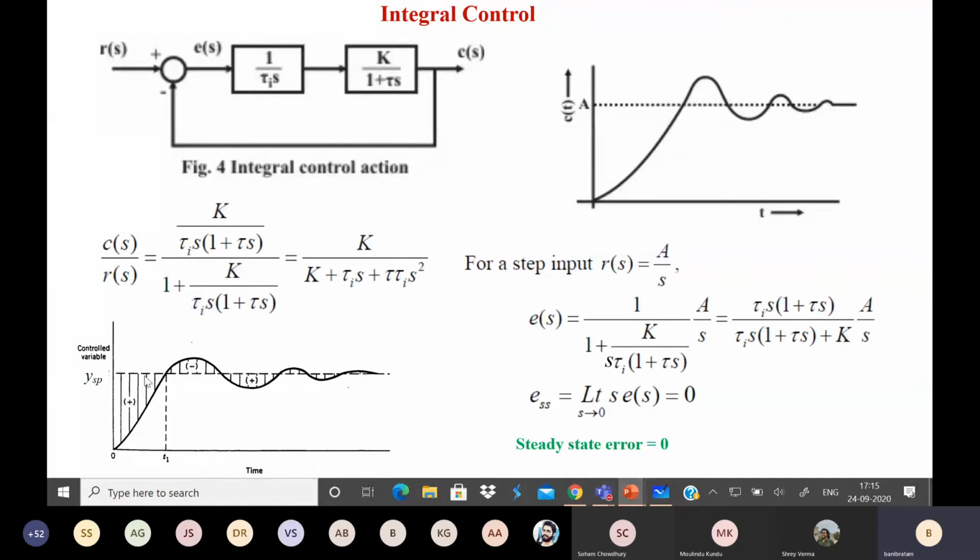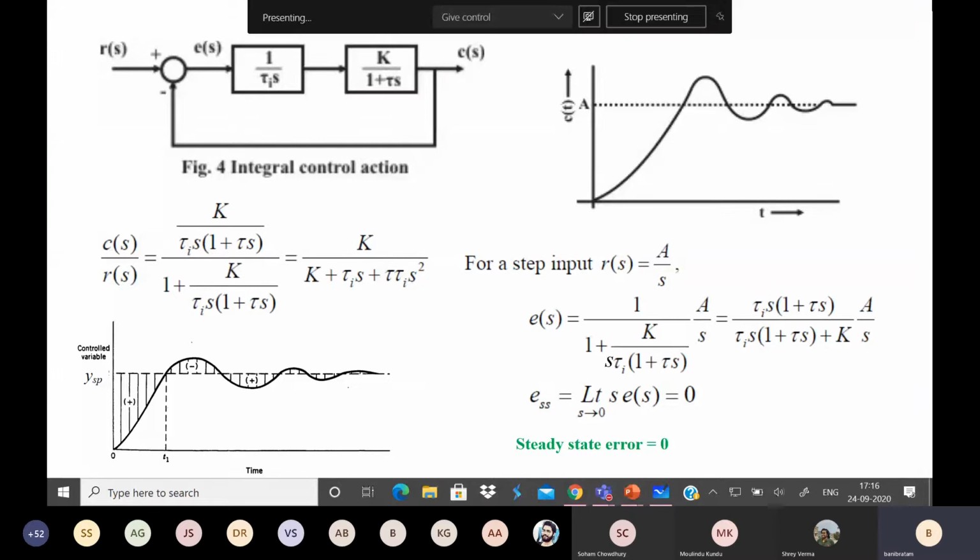Now, when it goes beyond this value, then what will happen? The error will become negative because the output will be more than the input. Then the integration action is happening, so effectively, after going up to a certain value, it will again come down. Then again it will go back because of this integral action. So it will have some sort of oscillation, and after a couple of oscillations, it will go to the steady state value, right? And at that position, the error will be 0. Okay, so that is the physical understanding.